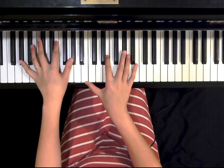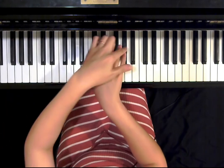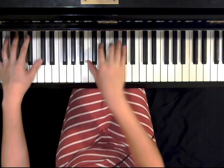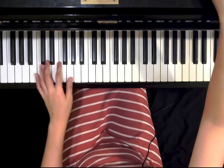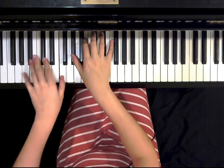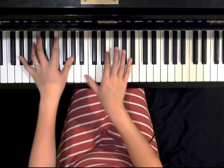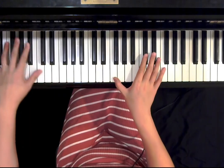So the same harmony happens twice. And then I need to bring out the top. And here I will change pedals every dotted quarter note. So you can hear that it doesn't get too muddy. And as it goes on,